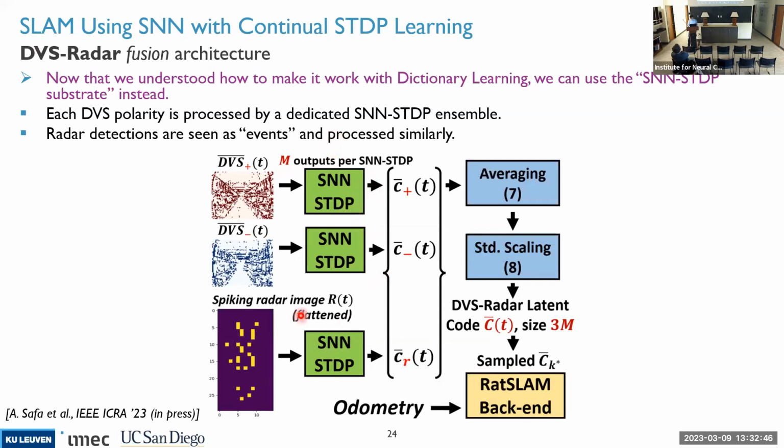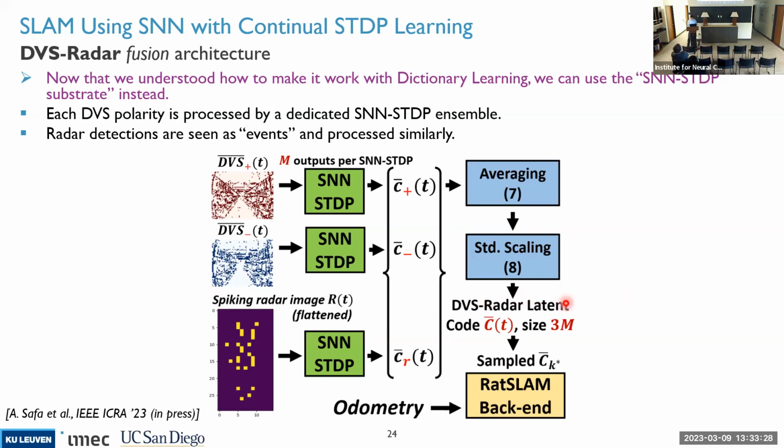Then we let the system learn with STDP in that continual manner as the drone is flying. We concatenate the output spikes of each SNN ensemble. We are doing, in fact, late fusion. Once we concatenate these descriptors, we average them through time, getting the average rate over a certain time window. We use 50 time steps. Then we feed them to a standard scaling, removing the mean of each component and dividing by the standard deviation. It's very interesting because it helps you combat some residual covariate shifts that we have in the system.